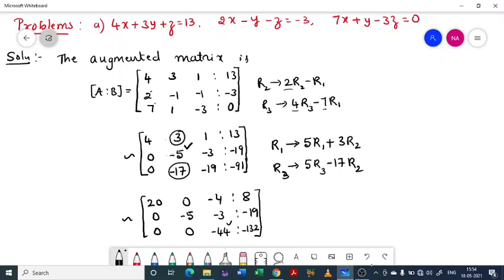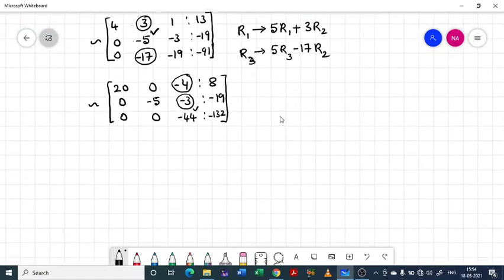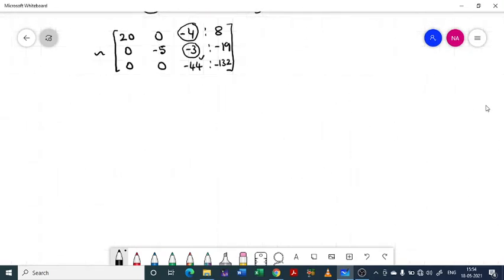Now using this as the reference, we have to make these two entries 0, right? So we have to choose operations suitably. What operation will be best to make that 0? R1 and R2. See, we have to apply operation for first and the second rows. So R1, here we have 44. We have to make this 0, right? So make it 44, then subtract 1 from the other. Same sign is there, so negative.